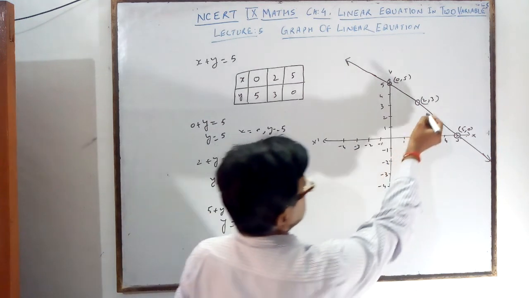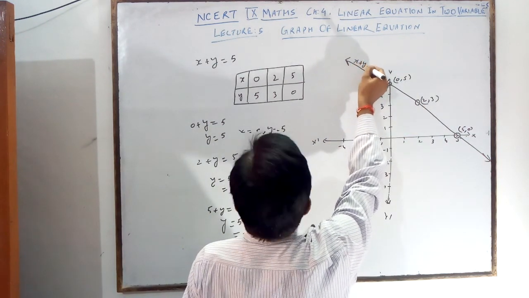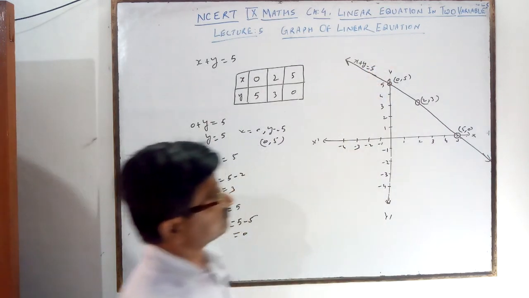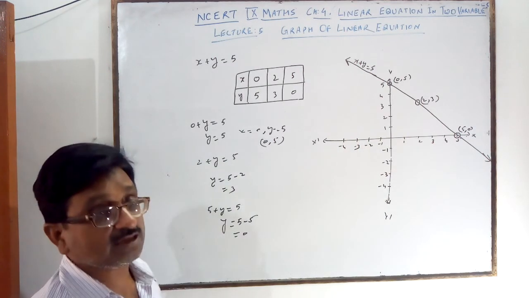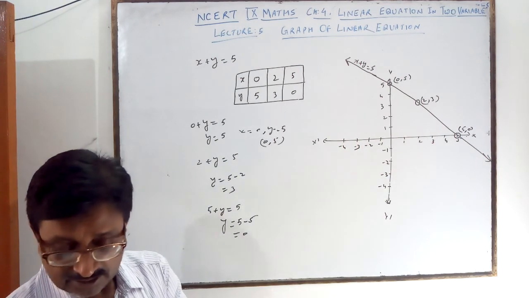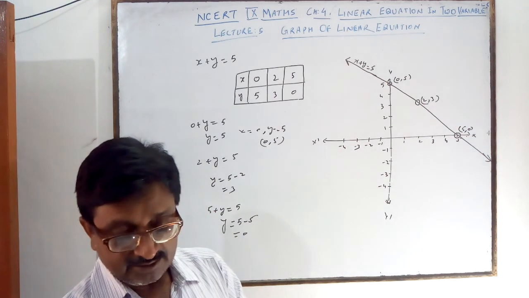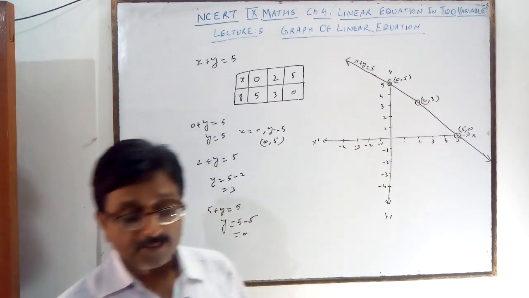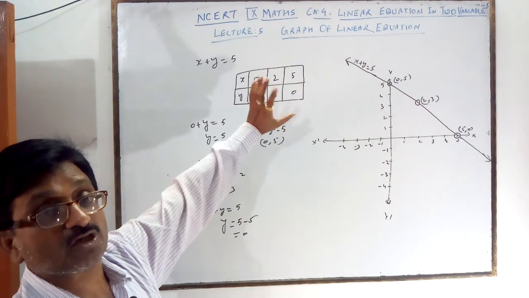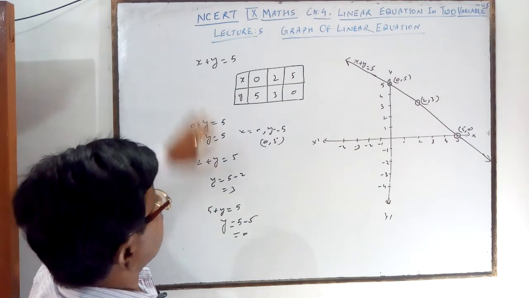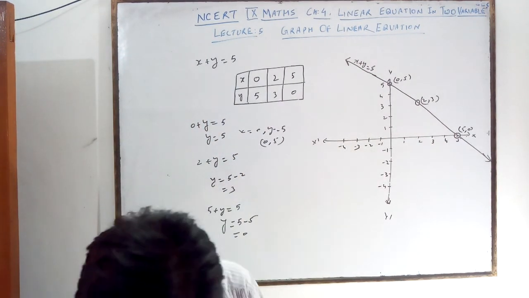This straight line represents x plus y is equal to 5, which you can write anywhere on the graph. Any line you can plot like this. This is the plotting of a line. A standard equation you can graph if the solutions are given. Clear? How will you plot the graph? It is very important. Like this, you will see one more graph.